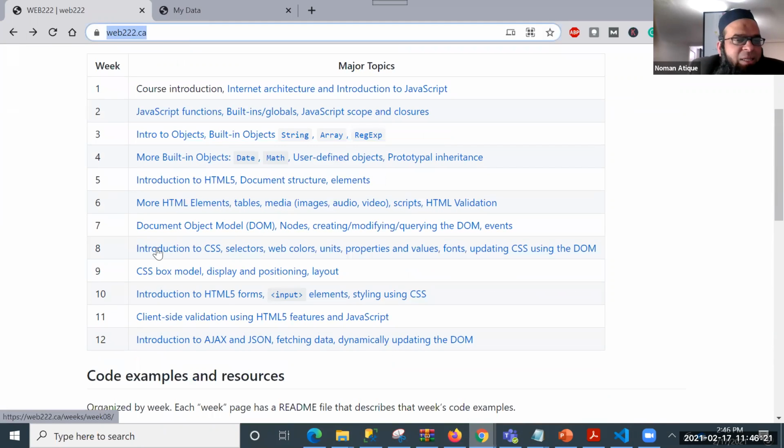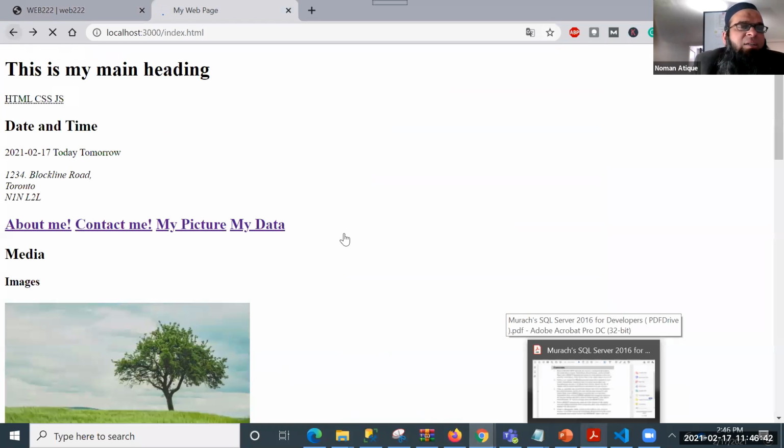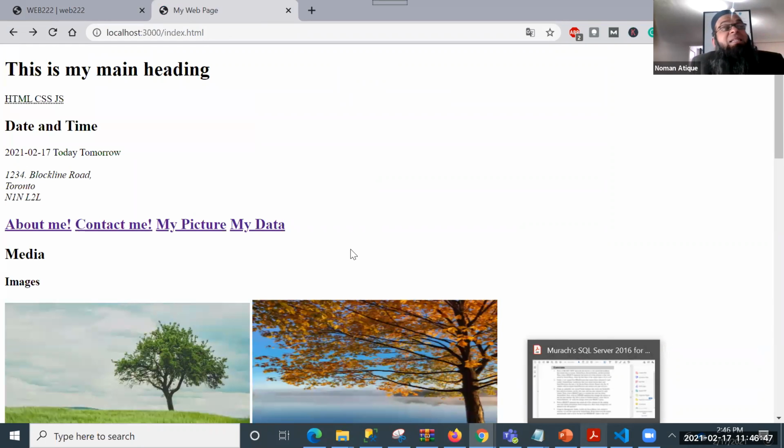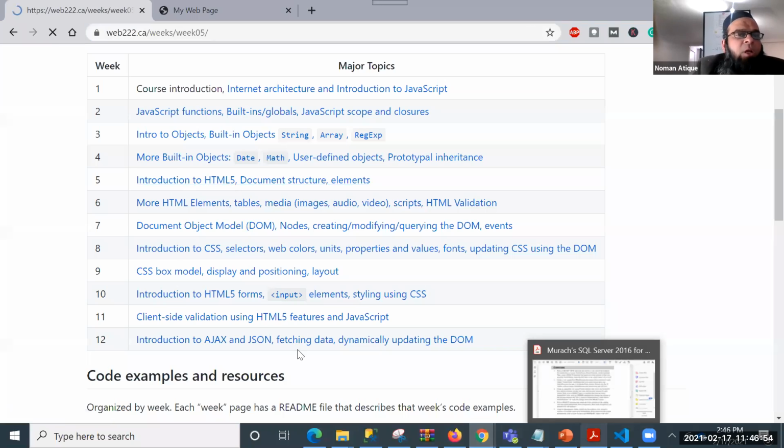This is, you see, week 8. Week 8 will have the CSS selector and web colors and everything. Don't worry. When you go out of this course, you will know everything related to the front end part of this application. You will know CSS, and you will ultimately enjoy CSS after HTML, because till now what we see is a very, very basic and simple page, which is just displaying this thing. I have to discuss CSS and everything that you will be using to make them more and more attractive and catchy. Right. So I'm talking about this one.